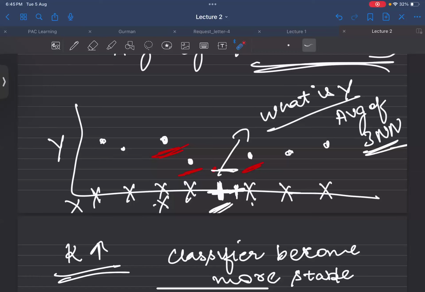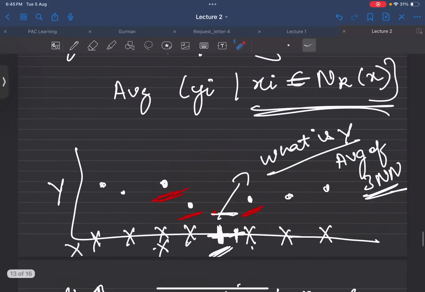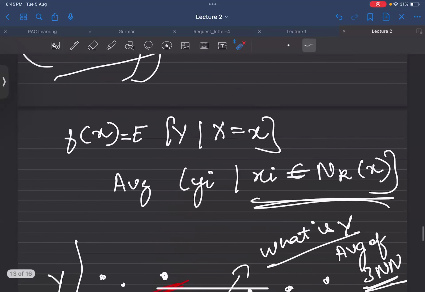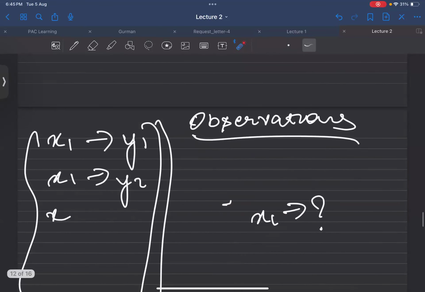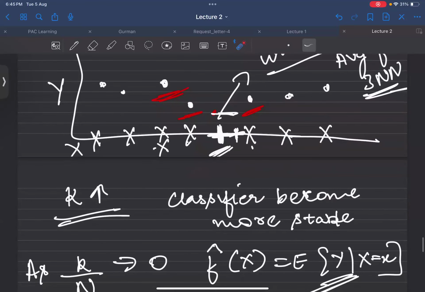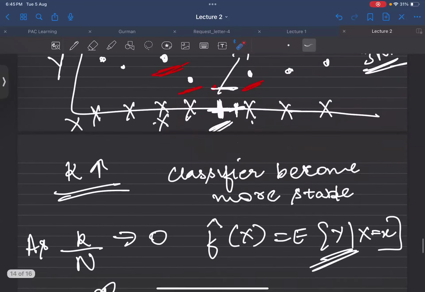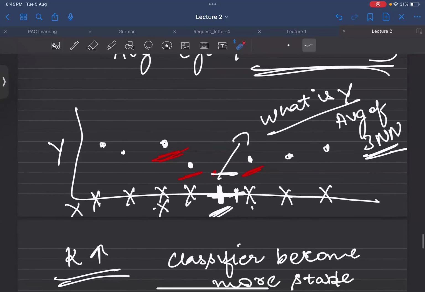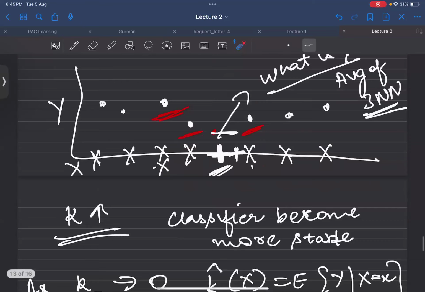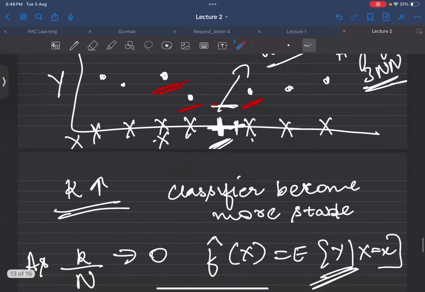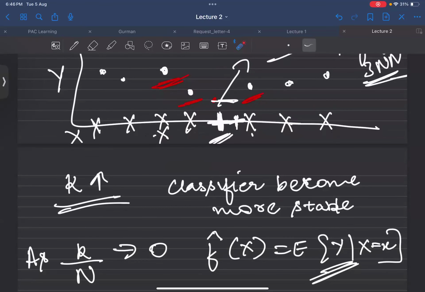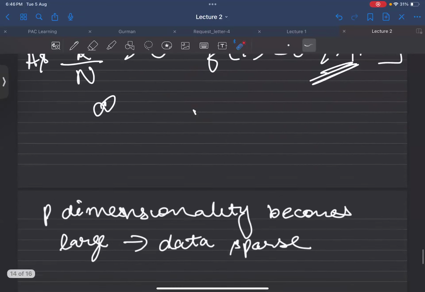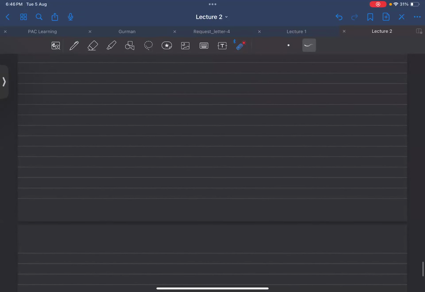Excuse me, ma'am, I have a question. Does whatever loss function we are taking affect the value of k? No, K we are taking by ourselves. I'm considering 3 nearest neighbors or 2 nearest neighbors. How can it affect the loss function? It doesn't affect this K. Should we proceed now? Yes, ma'am.